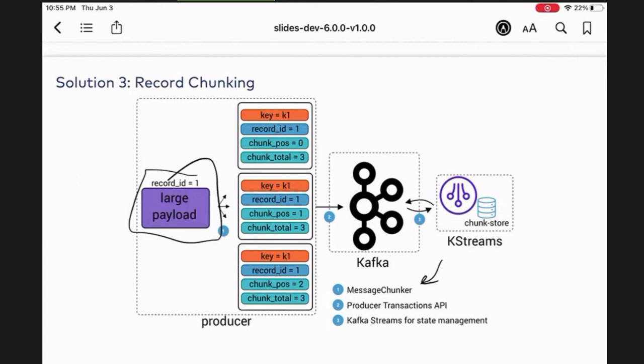But there are two researchers called Chandy and Lamport who came up with a paper that showed how you could achieve exactly-once semantics in a distributed system. When this paper came out, Confluent as a company took those concepts and implemented them in Kafka. And so now we call it EOS, exactly-once semantics.